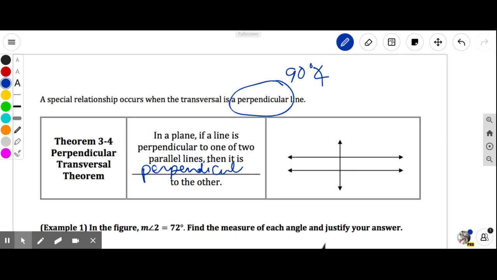Let's say I had line L and line M, and L was parallel to M. That's how you would write that. And let's say I had this line P here. If line P was perpendicular to L, and since L and M are parallel,